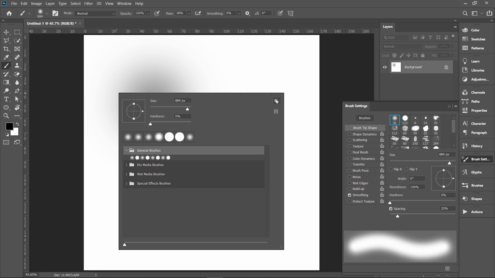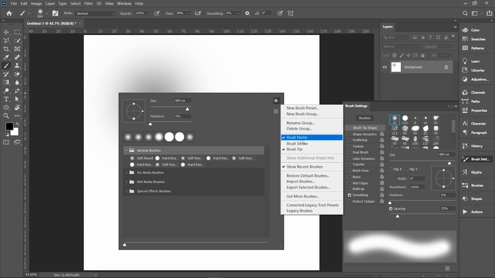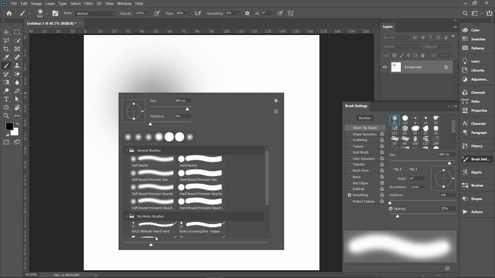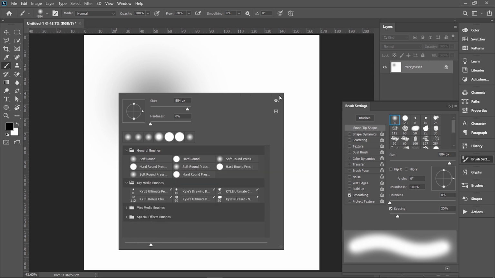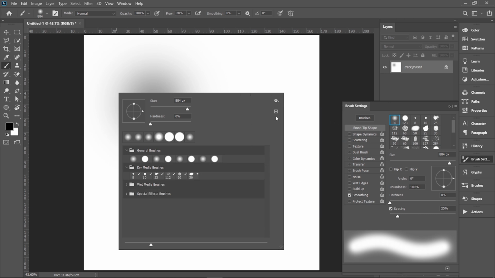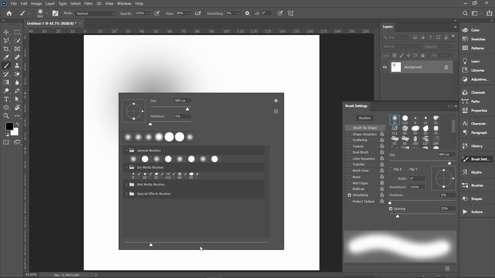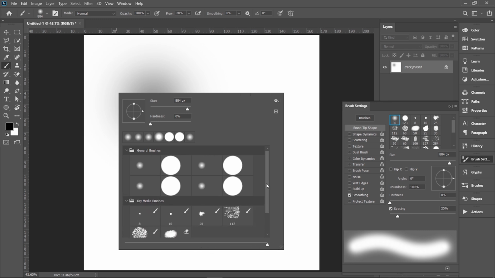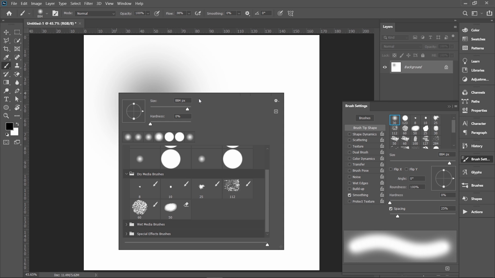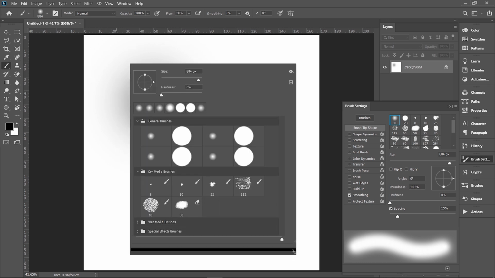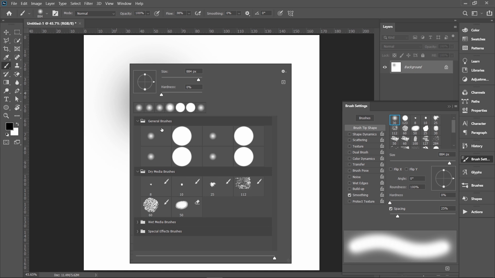You can click on this settings icon and then check the tick with the brush name or brush stroke to make them visible. You may set this type of interface in your Photoshop as it's by default. For my convenience, I have unticked the brush name and brush stroke as it is not required. Only brush tip is important to choose a brush. Also, I have increased its size so that it is easy to differentiate between different brushes. This looks cool to me. You can resize this window by clicking and dragging the bottom right corner.